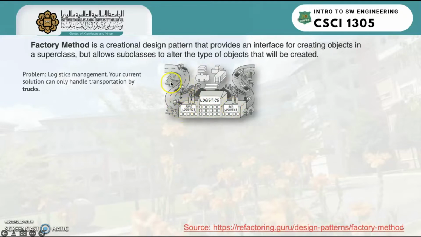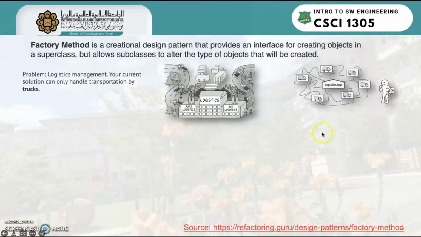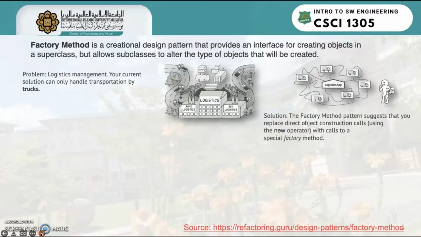Okay, so right now you only cover the road logistics. Your logistic app is currently only focusing on road logistics. So when you have other types of transportation, your app cannot handle the additional transportation type. The solution is that you can adopt the factory method design pattern. Okay, so the solution is of course